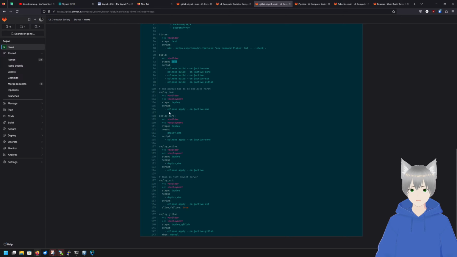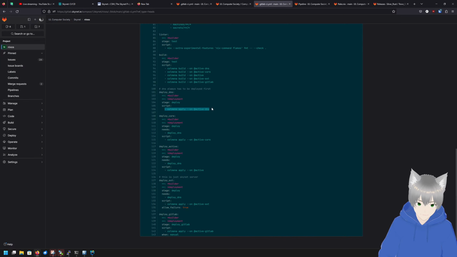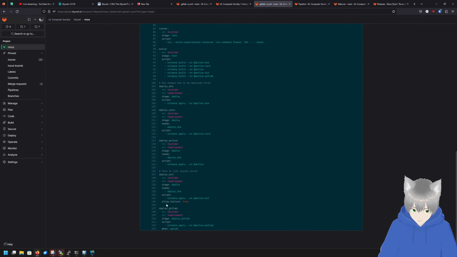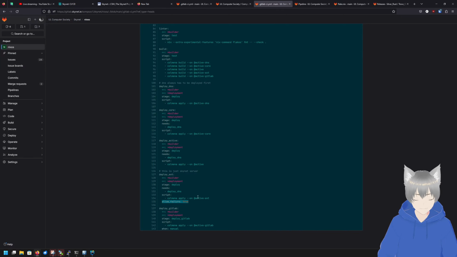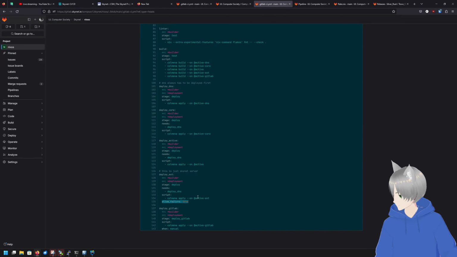And so you can see that's a fairly simple command here. Colmena apply on to the DNS, and then you can see it's the same for the other ones. The one that is allowed to fail is the deploy external, which is the Skynet box itself. Skynet box currently is allowed to fail because it is disconnected from the rest of the items. Like, there's no SSH link between the two.